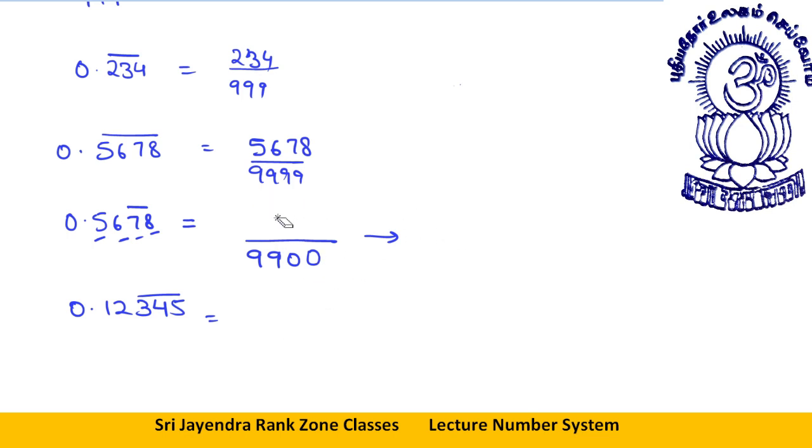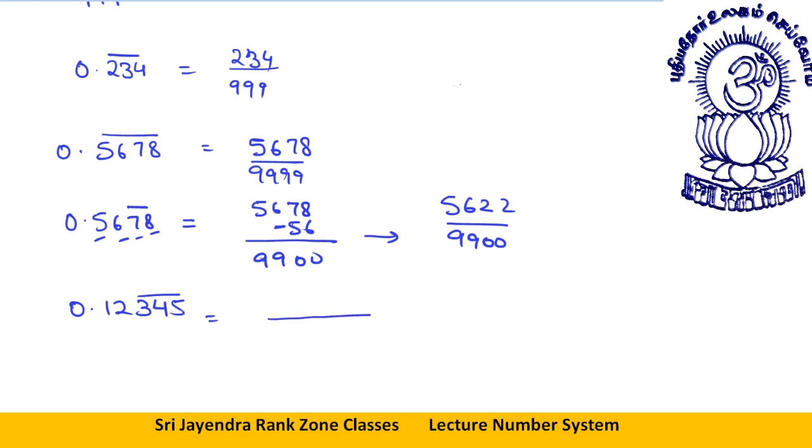What we will be doing is, we have done so far. I'll write a 99, a 00, because there are 2 bars and 2 digits without bars. Then I will write 5, 6, 7, 8 minus 5, 6, those 2 digits which do not have a bar. So it will become 5, 6. 8 minus 6 is 2. 7 minus 5 is 2. Divided by 9900. You can further simplify it.